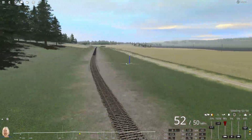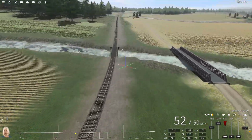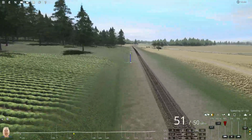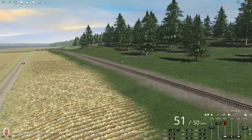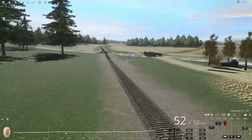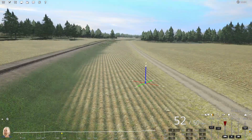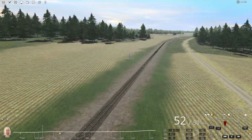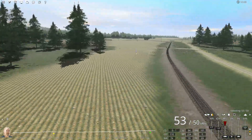This route isn't that detailed, but I was running the new Pennsylvania and Berwind route, and that thing is detailed to the point where even me with my 4080 get crippled, so definitely don't recommend running that with a low-end graphics card. You'll definitely suffer for it, but anyway, so going down the line here, we got lots of farmland, lots of